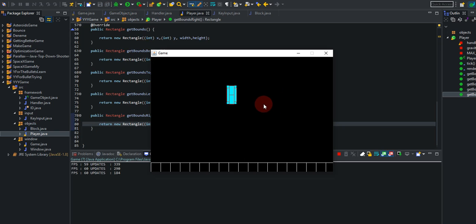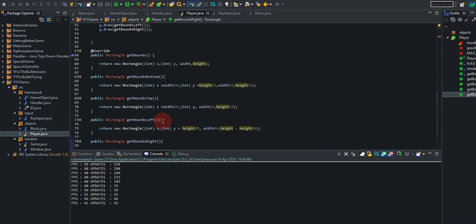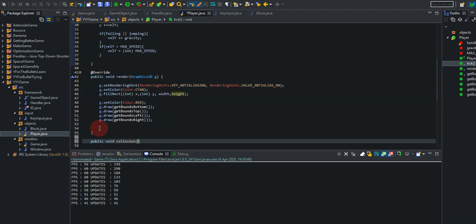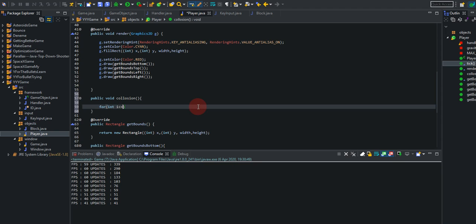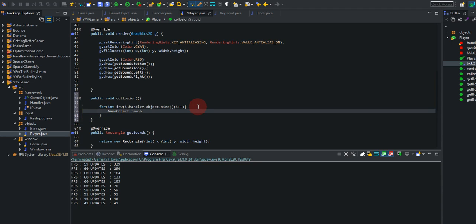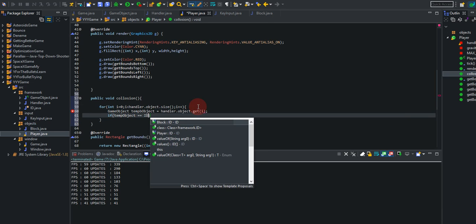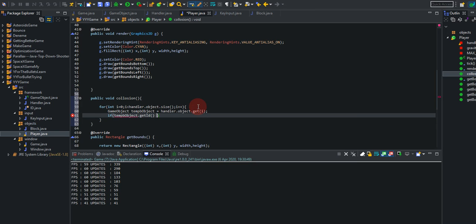Now we have every single side covered for our collision, and now we can say public void collision, and we will say for each handler object size, and the game object, and the object get i, and if temp object get id equal to id.block,